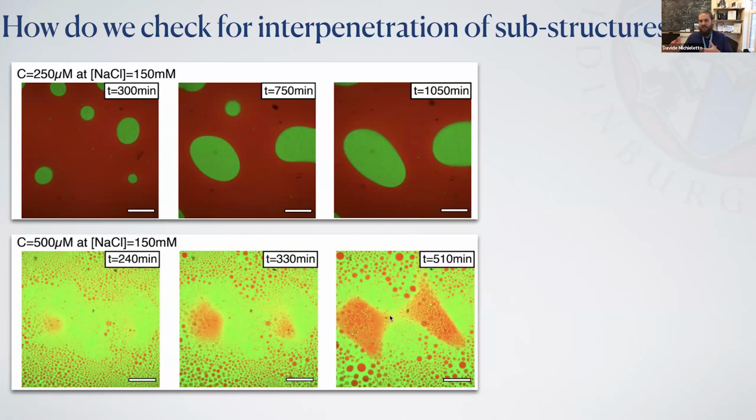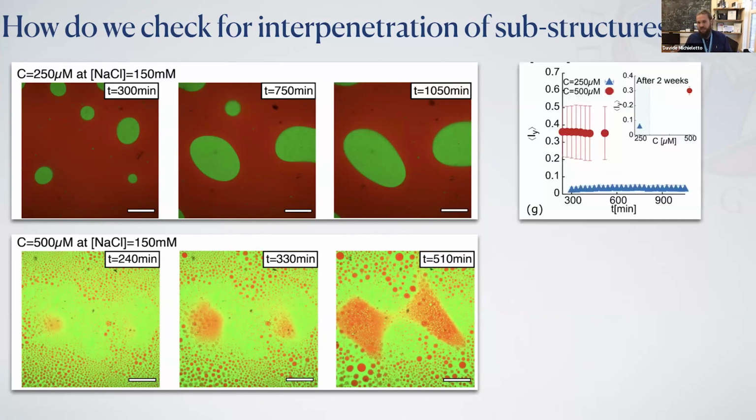You see both the red stars and the green stars, and this means essentially that the two networks are interpenetrated. So you have both green stars and red stars overlapping and forming a co-threading, co-interpenetrated network. Okay, and this is a plot to show that these structures are very stable, so they can resist up to